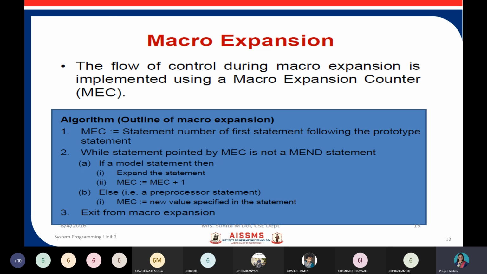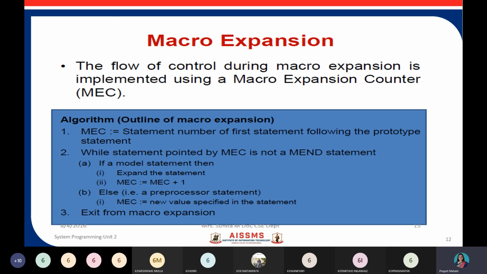As you can see in this algorithm, we can find a loop here, and there is a model statement with an if condition. If this condition is true, only then will it go into the expand statement for the macro. That means for this condition only, the macro expansion takes place and the macro expansion counter is incremented.